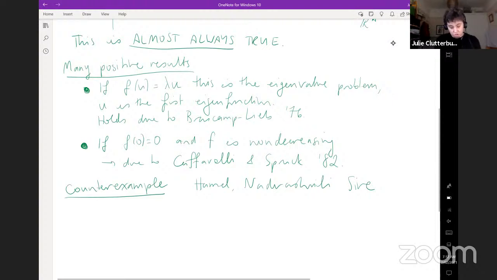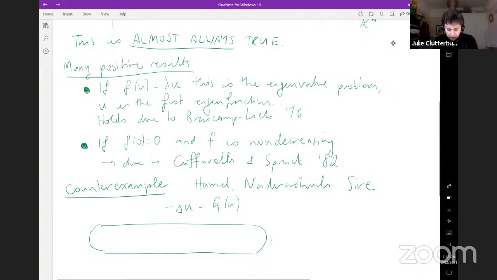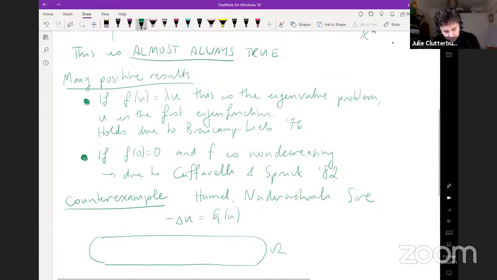And they actually just constructed a very explicit domain and a right-hand side g, and their domain was some kind of very long stadium shape. And what they found is on this kind of shape, the level sets, because it's such a long and narrow shape, they're kind of almost flat,